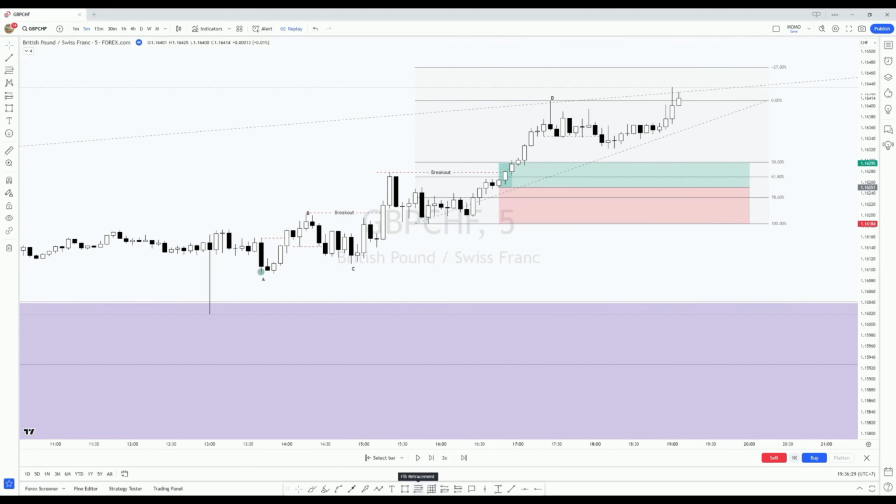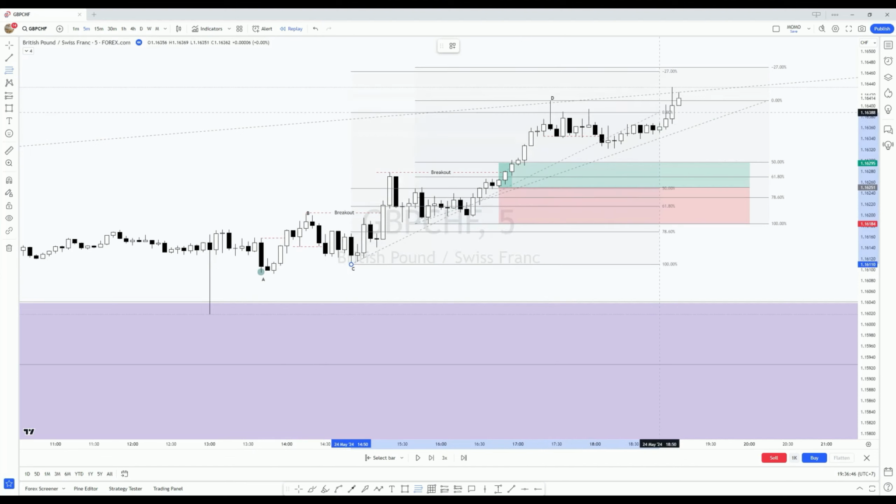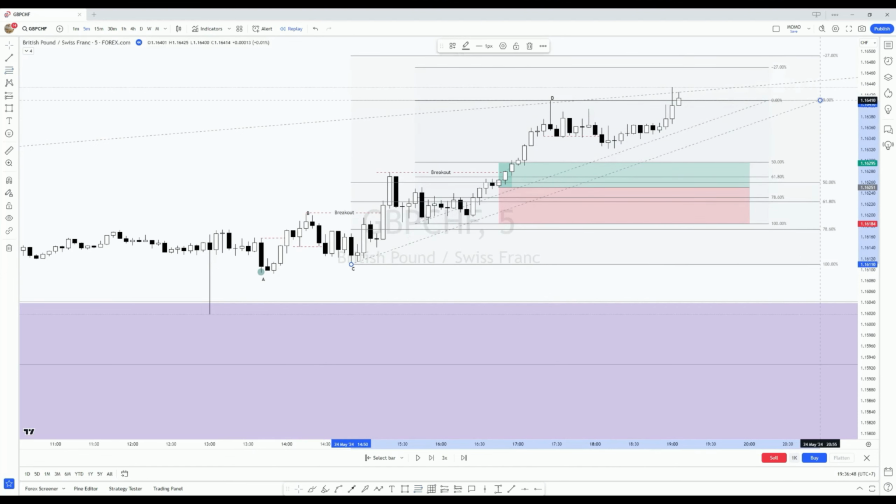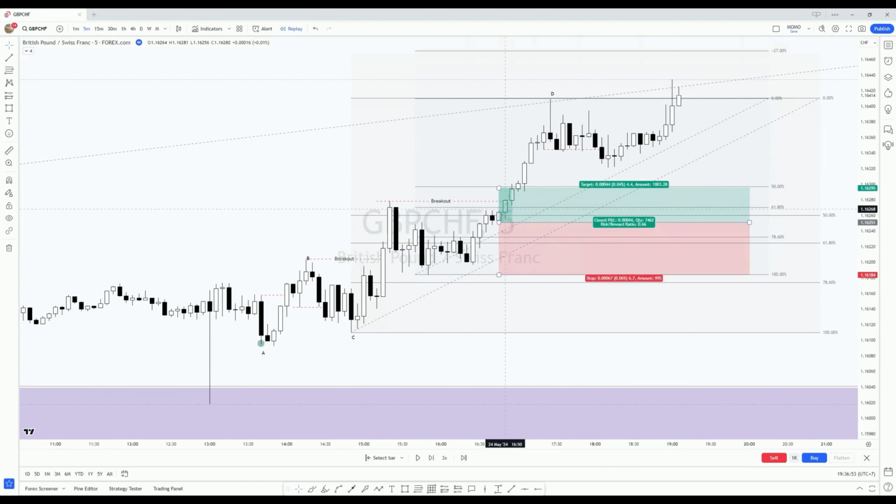And also now I can use Fibonacci again for a bigger trading zone, for a bigger discount zone from A to D or from C to D. Let's make this time from C to D. So now I have two trades in one. I have two setups, right? The first one from this breakout to the highest point of the market, and the second one from C to